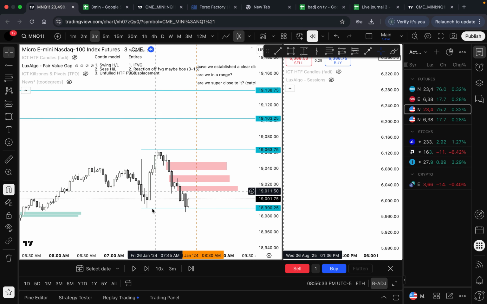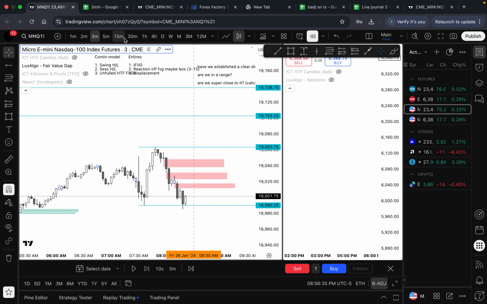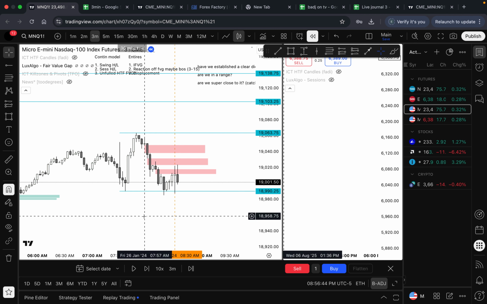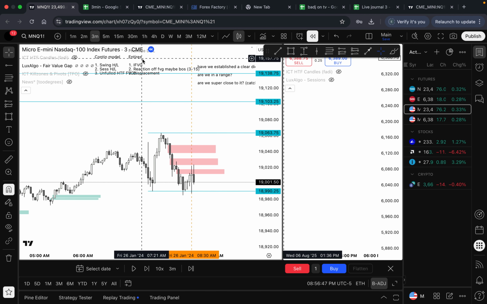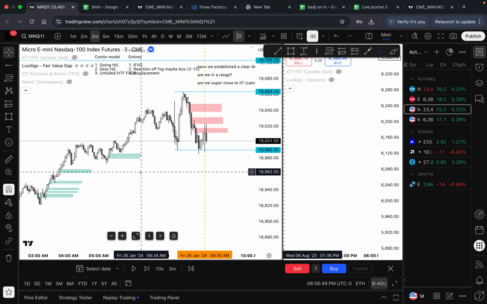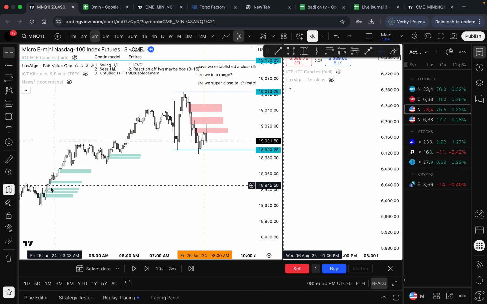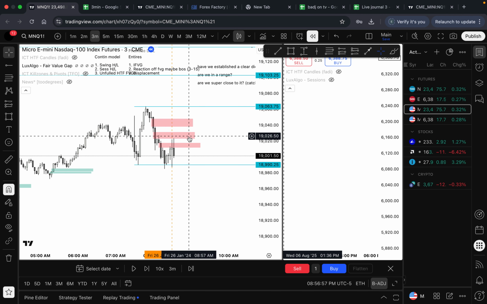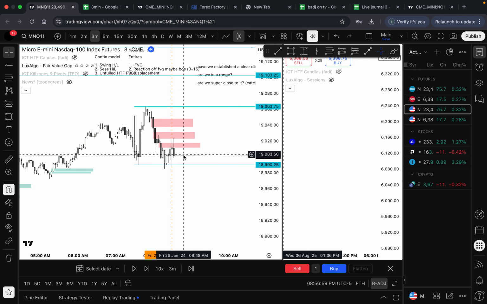Okay, we end up sweeping this low, right? This draw I marked. I mean, it was pretty obvious that we were gonna take out one of these. Market open comes. I really don't want to cheat. I'm gonna say we're probably bearish because this looks like a low. I'm usually not a fan of taking lows, so when the 30-minute and the 1 hour align, I'm usually not a fan of taking the opposite bias, I guess.